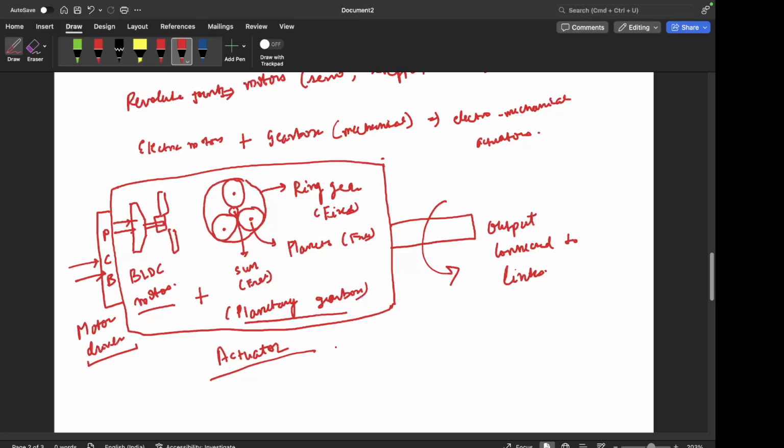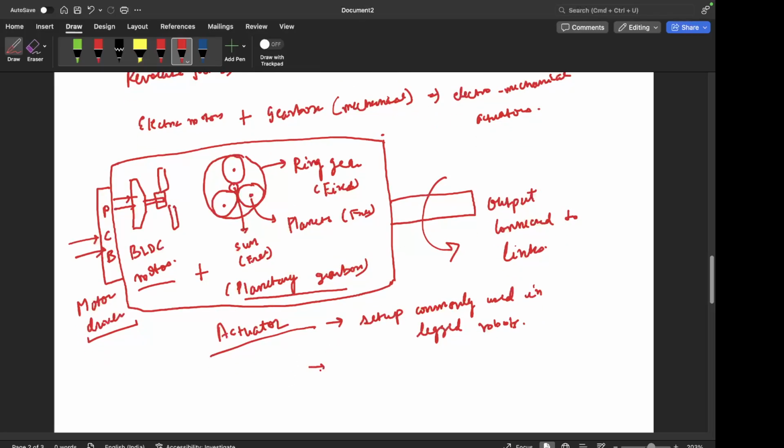And this is the setup commonly used in legged robots, right? The benefit of these is, firstly, the most important benefit of this is that they have high